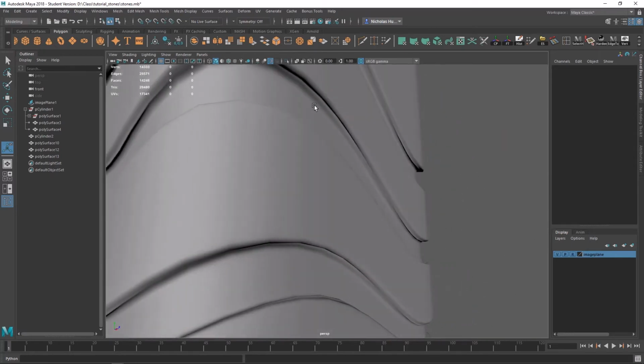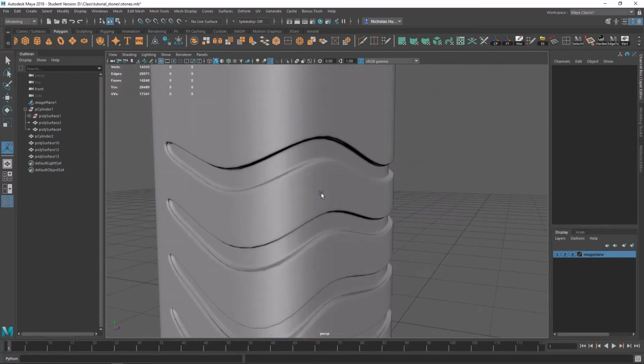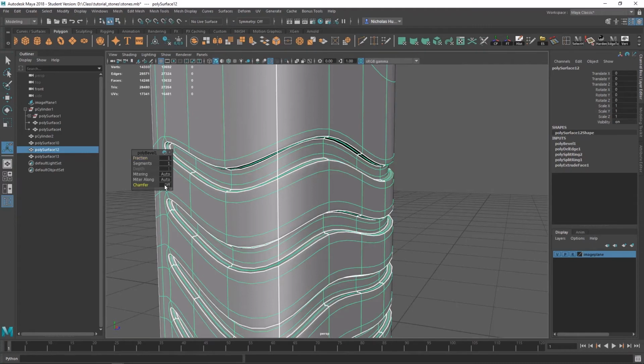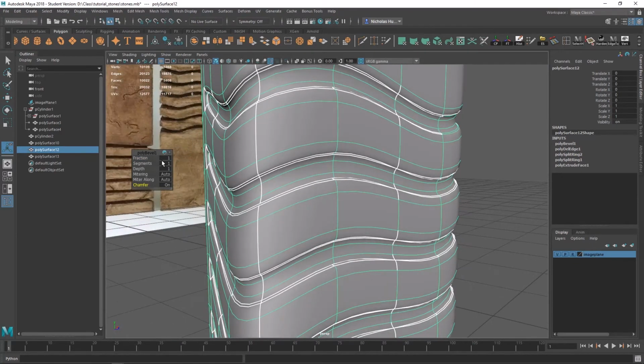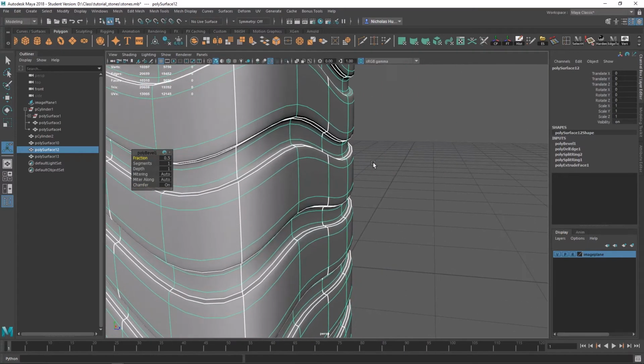Now it's kind of cutting in up here, and I don't like that. So turn chamfer off, or turn chamfer on. Well, it was on before. I did an on, or an off, my bad. 0.5. Okay, so what chamfer is